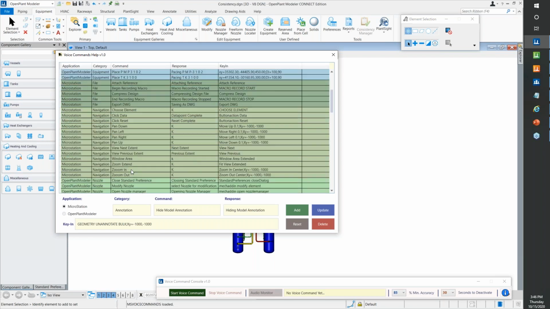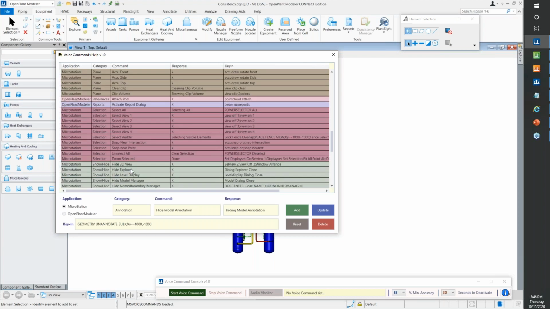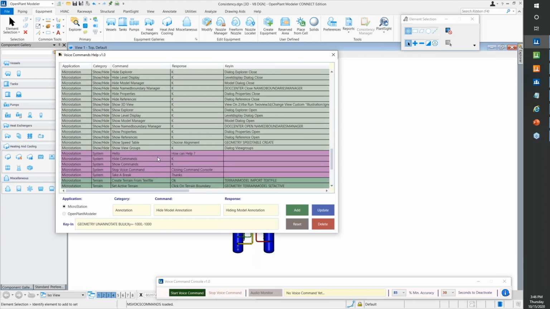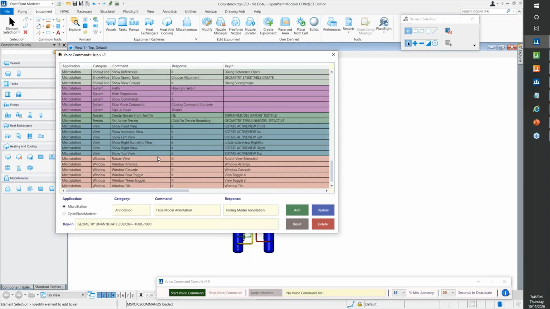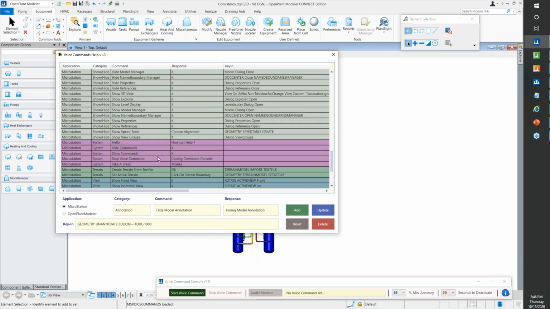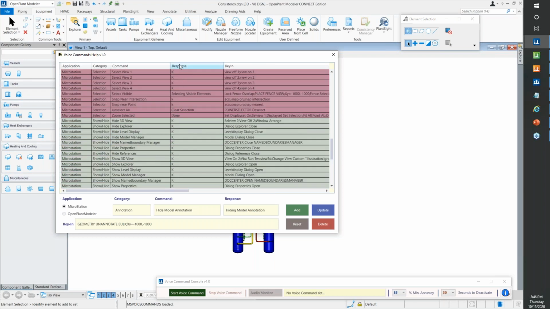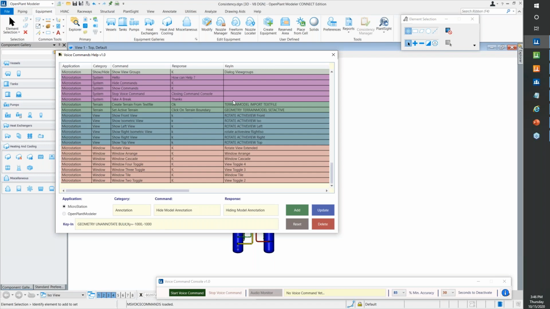Like this, you can create your own commands over here. Even instead of pan, you can say move top, move down, and so on. This is completely configurable, and the system will give the response you need exactly. Now let me close this